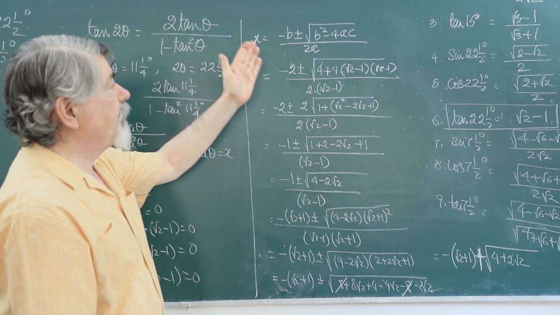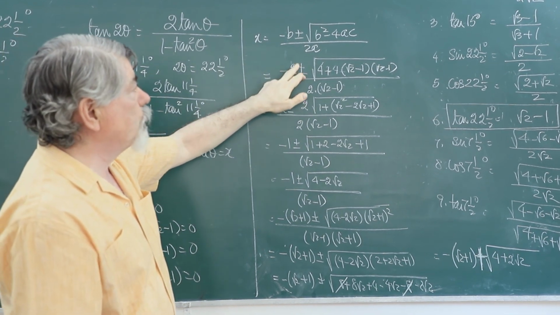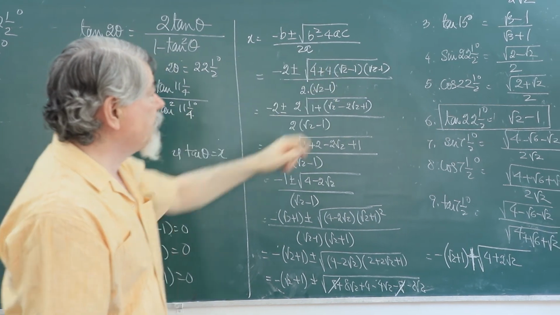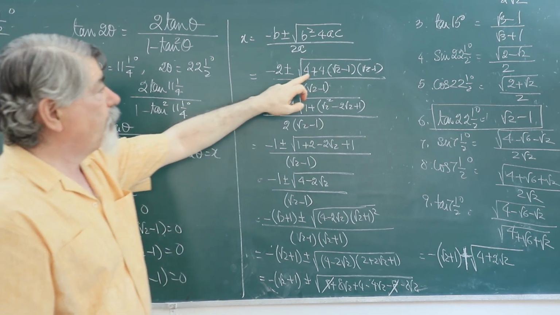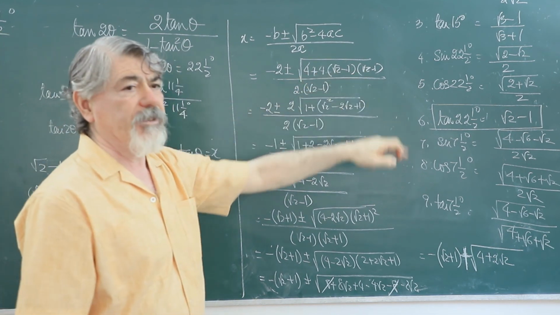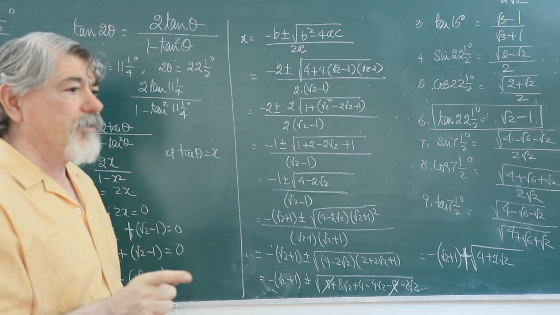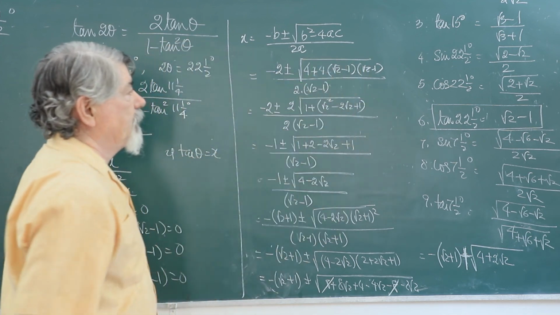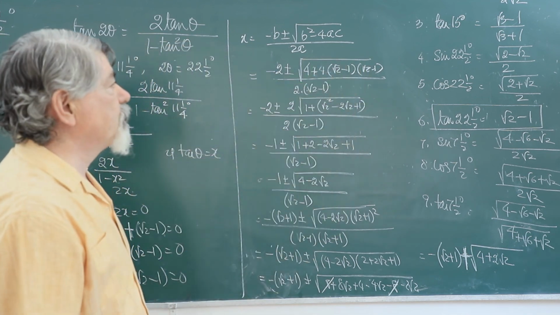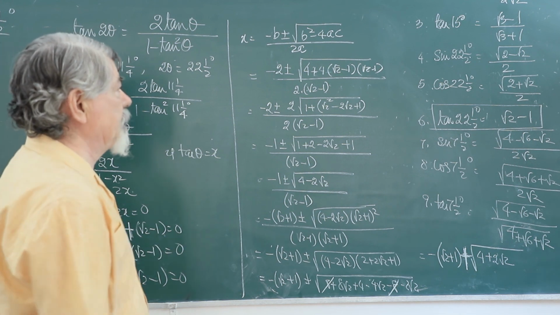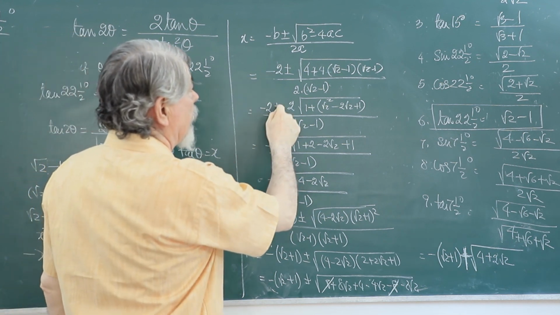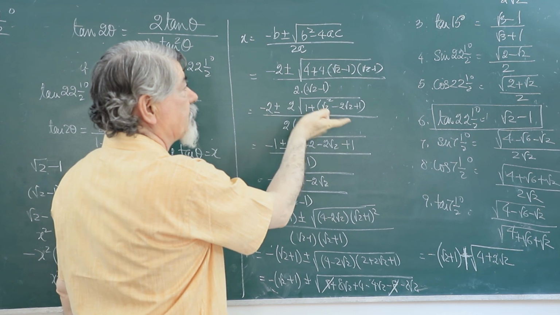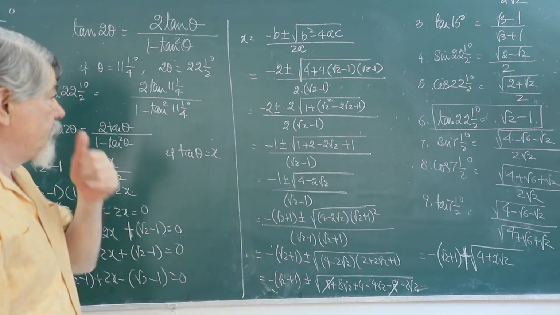We substituted the values here, minus 2 plus minus, b square is 4. Minus will become plus because c is minus. So plus 4 root 2 minus 1 into root 2 minus 1. The use of that changing was that it should become same. It will be easier for us to square it. We could have multiplied, there is no problem also, but root 2 minus 1 square becomes easier. So it becomes minus 2, and out of 4 here and 4 here, I took it out common, so it will become 2 because it goes out of under root, so it will be 2.